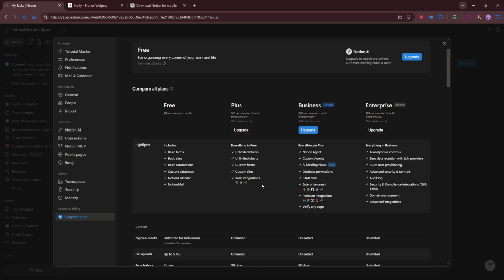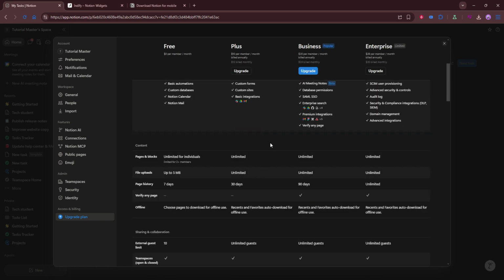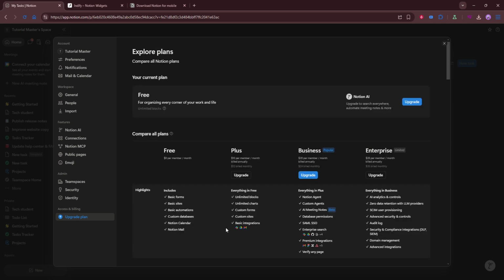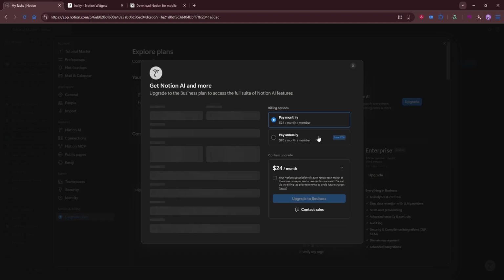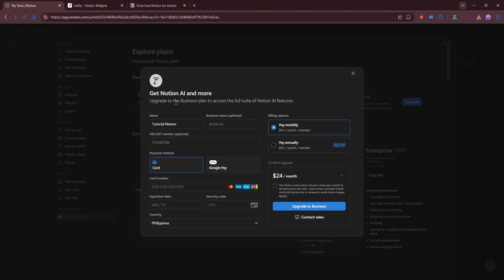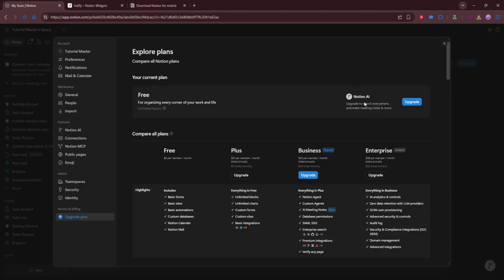Next, look for the Notion AI option. In many cases, this will appear as an add-on, an upgrade prompt, or a dedicated AI section within the billing or plan page. When you find it, select the AI plan or upgrade option that's available for your workspace. This is the step where you choose to add Notion AI so its features can be activated for your team